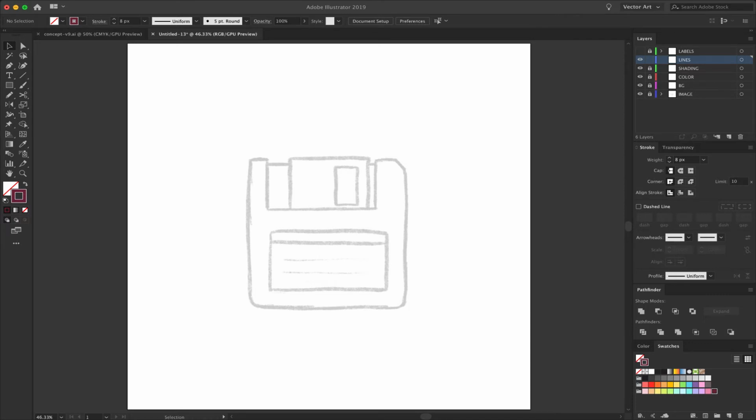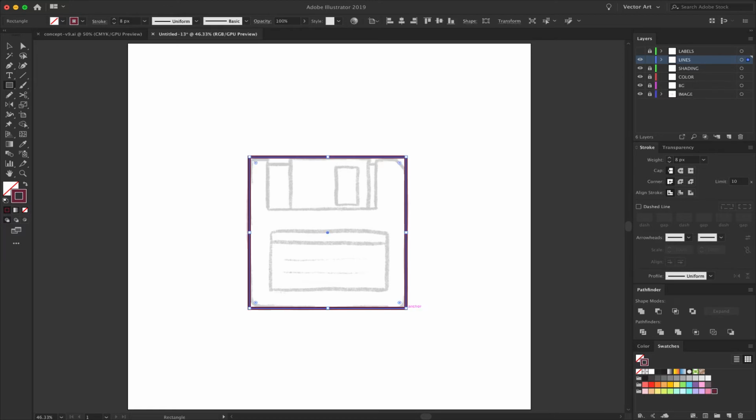Today I'm going to be designing this floppy disk, and as you can see this is a sketch that I created of a floppy disk, and I did this on my iPad Pro and Procreate. So from the looks of things, it looks like it's going to be a pretty simple design. This floppy disk is made up of mostly rectangular shapes, so we're going to be drawing a lot of squares today. So without further ado, I'm going to go ahead and get started by drawing one big rectangular looking square,